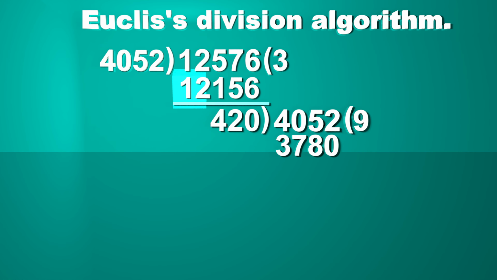But what if we find the HCF of 420 and 630 first? So 420 divides 630 one time, leaving remainder 210. Now 210 divides 420 two times, leaving remainder 0. So the HCF of 420 and 630 is 210. Now we will divide 315 by this HCF 210. It is divisible one time, leaving remainder 105. Now 105 divides 210 two times, leaving 0 remainder. So their HCF is 105.